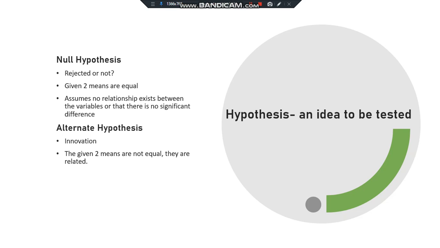Now in this case, our null hypothesis would state that there is no relationship between the drug and the oxygen saturation levels. So that would mean that there is no significant difference between the means of both the experimental and control groups, and so the drug is ineffective. So in the case that the drug is ineffective, the null hypothesis would be accepted, and in the case that the drug is effective, then the null hypothesis would be rejected and the innovation, which is the drug, would be